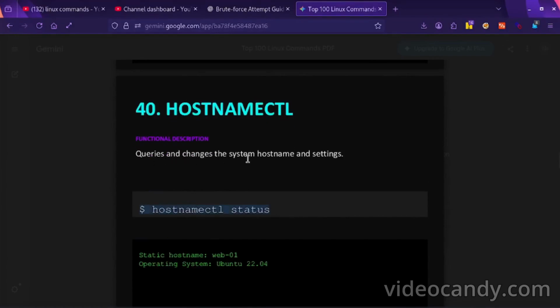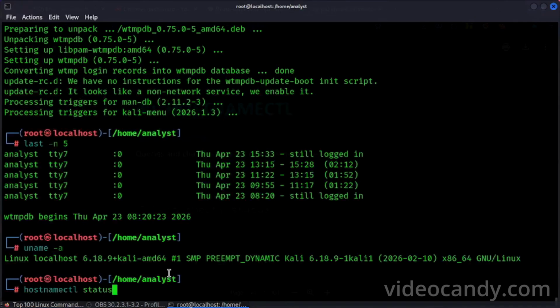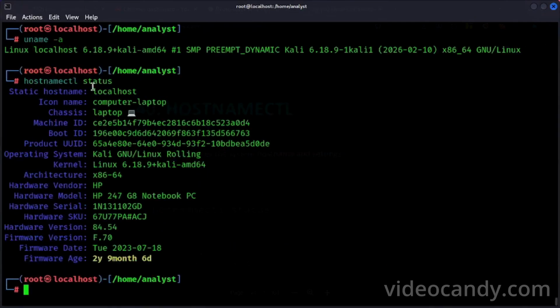hostnamectl: query and change the system hostname and settings. We can only see the hostname status. This is the static hostname, localhost, chassis laptop, classic. This is the machine ID, this is the boot ID, this is the product ID, and this is the kernel.